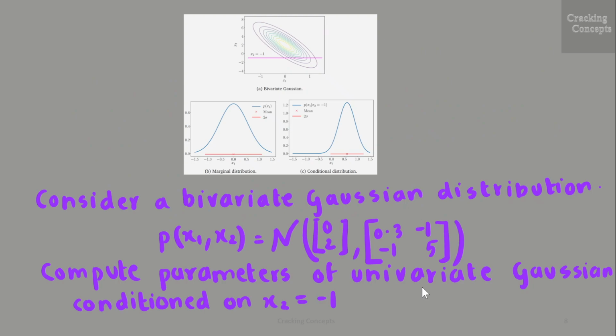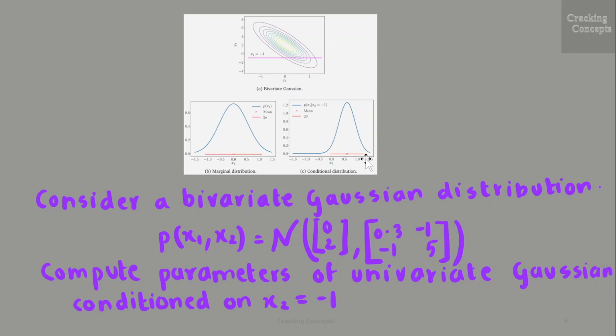Now we'll consider a bivariate Gaussian distribution, which is given by this figure here, denoted as P of x1, x2, which is a normal distribution with mean values 0, 2 and covariance matrix with values 0.3, -1, -1 and 5. This is a marginal distribution. So we saw that the marginal of a joint Gaussian distribution is Gaussian, and this is a conditional distribution, which